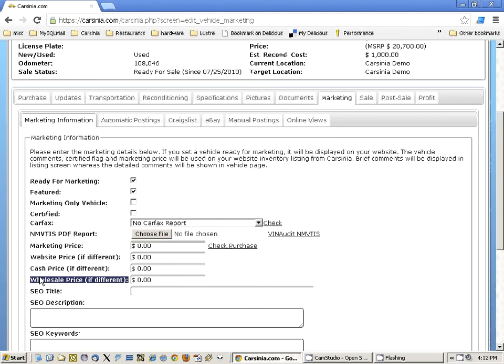One of them is cash price, and the other one is wholesale price. Obviously, as you may have noticed, these are usually going in descending order. So you usually start with the MSRP, and if you can't sell the vehicle, the actual marketing price is going to be a little bit less than MSRP. And